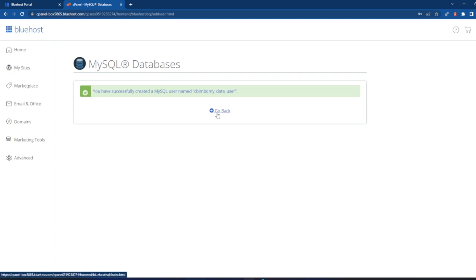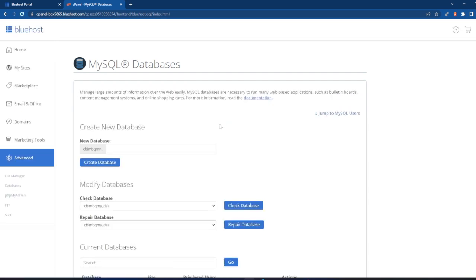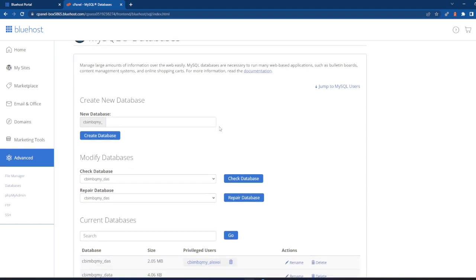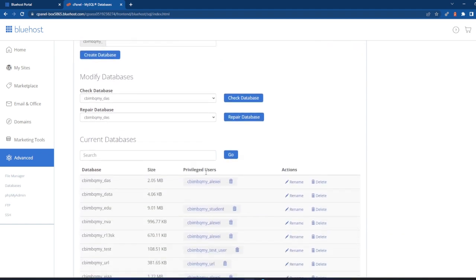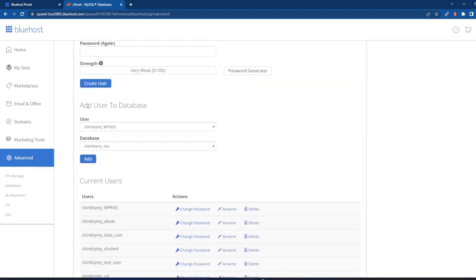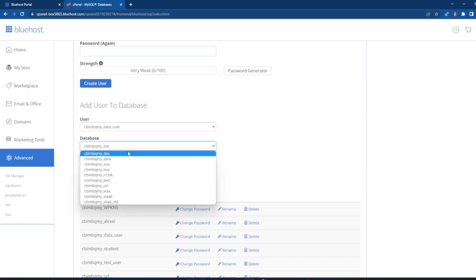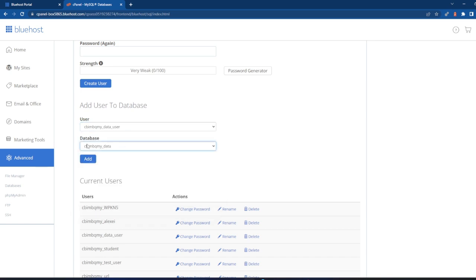The next step is to define rules and access for the user inside our created database. At the bottom of the page, we have the option Add User to the database. Our task is to select the username and the database we would like to match. For the database data, I would like to add the user data user. When the Add button is pressed,